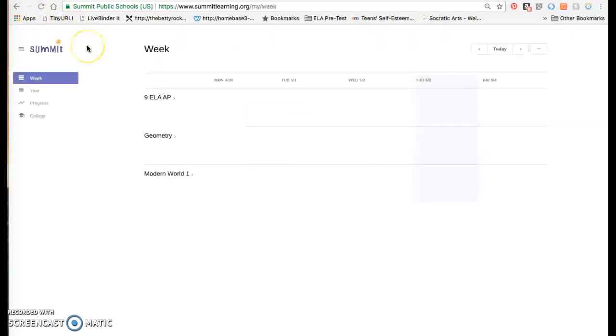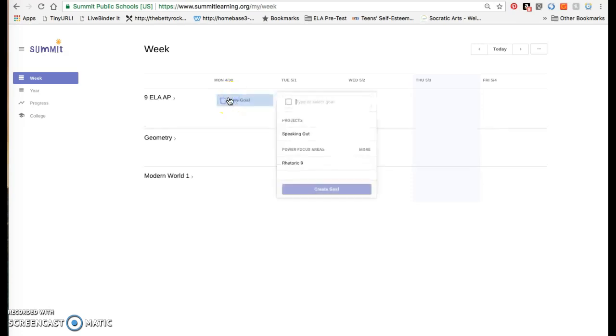Once you're logged in, the landing page will give you some options. There's a menu there. You can change your password, you can get some information, or you can go right to your child's dashboard. When you go to your child's dashboard, you're going to land on the week page, which is basically like your child's planner, and he or she can come in here and type in goals for their courses. They can either choose from a drop-down menu to get specific work that they're working on, or they can type their own goal, something like, say, on Monday I'm going to spend 30 minutes studying the rhetoric